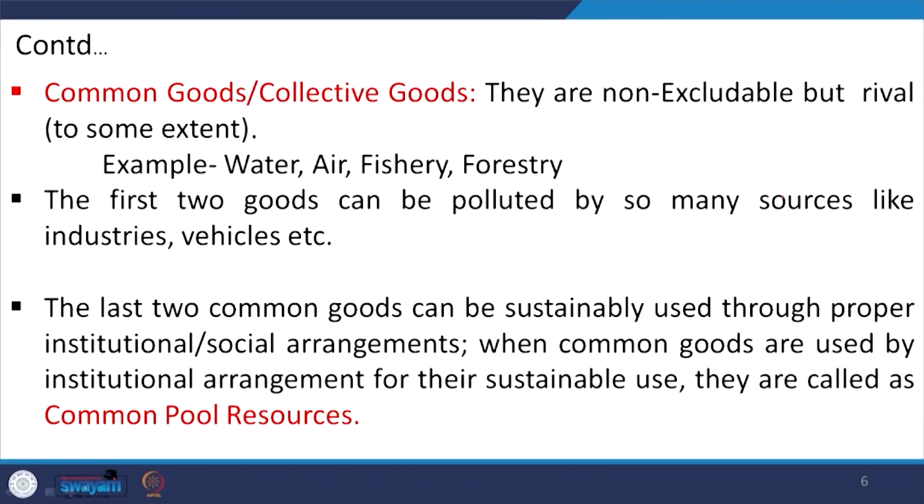given a particular situation. And if you take into account the second and third one, then these 2 common goods can actually be sustainably used if there would be a certain kind of mechanism existing, or if there would be some kind of arrangements, maybe it is a case of institutional or social norms arrangements, then you can say that this particular good can actually be sustainably used.